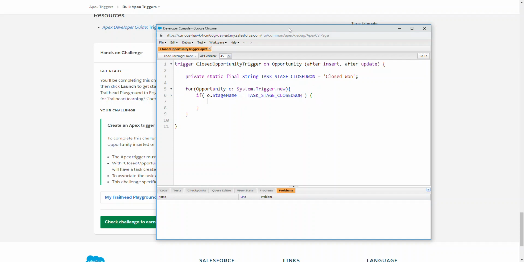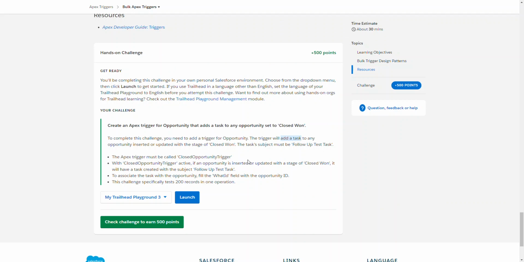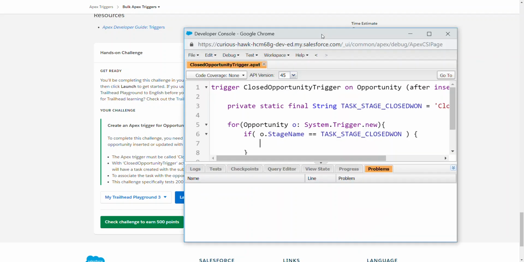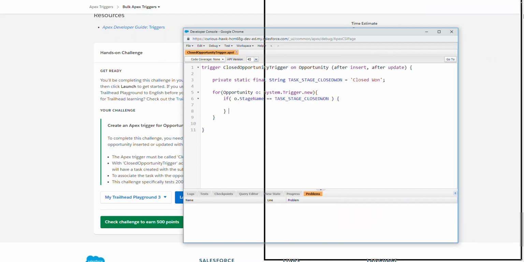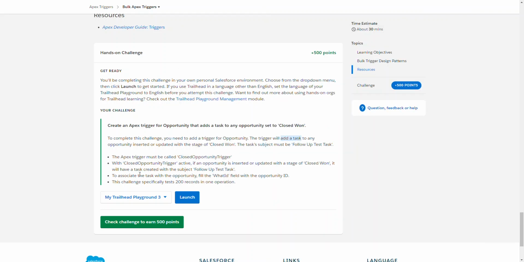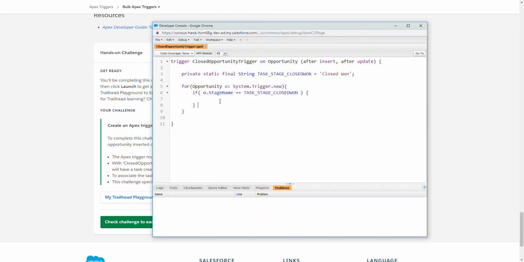Okay. If an opportunity is inserted or updated with a stage of closed one, it has to create a task. Okay. This is a bulk Apex exercise. So, I think what they're trying to explain to us is, yeah, that's the meat of this. What they're trying to explain to us is,